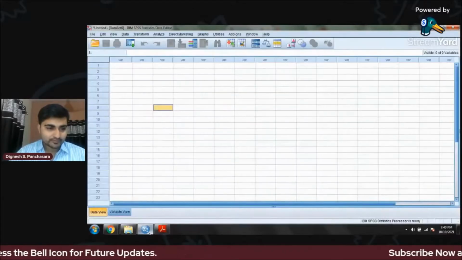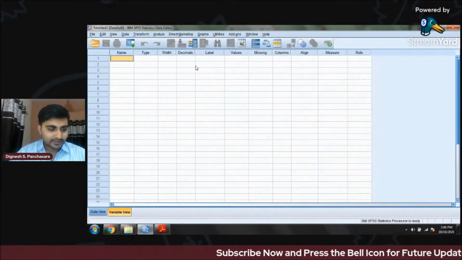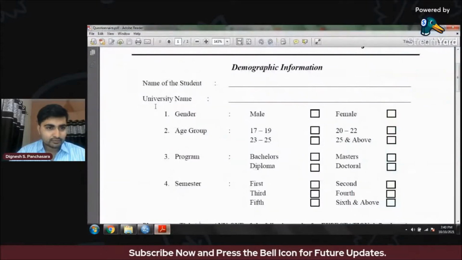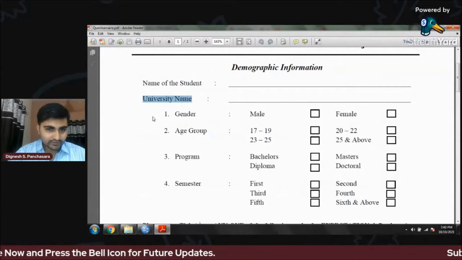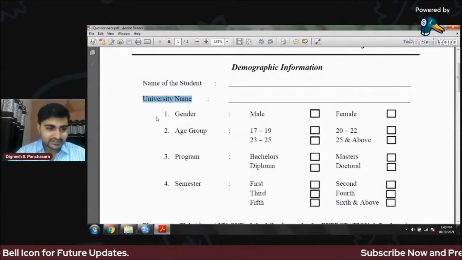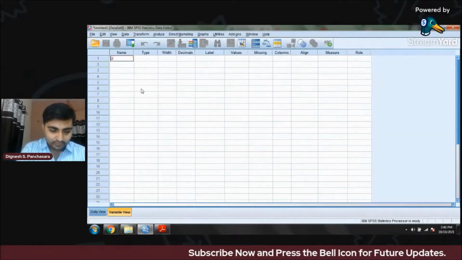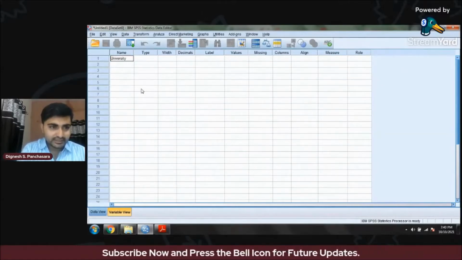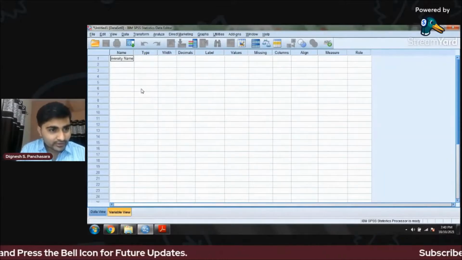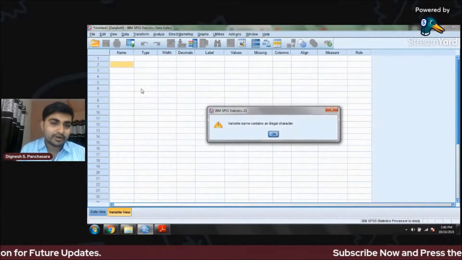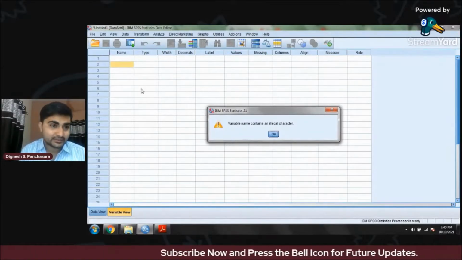Now go to the variable view and give a particular name. See what my first question is: university name. Now I'm going to type university space name. If I press enter, I get an error: variable name contains an illegal character.